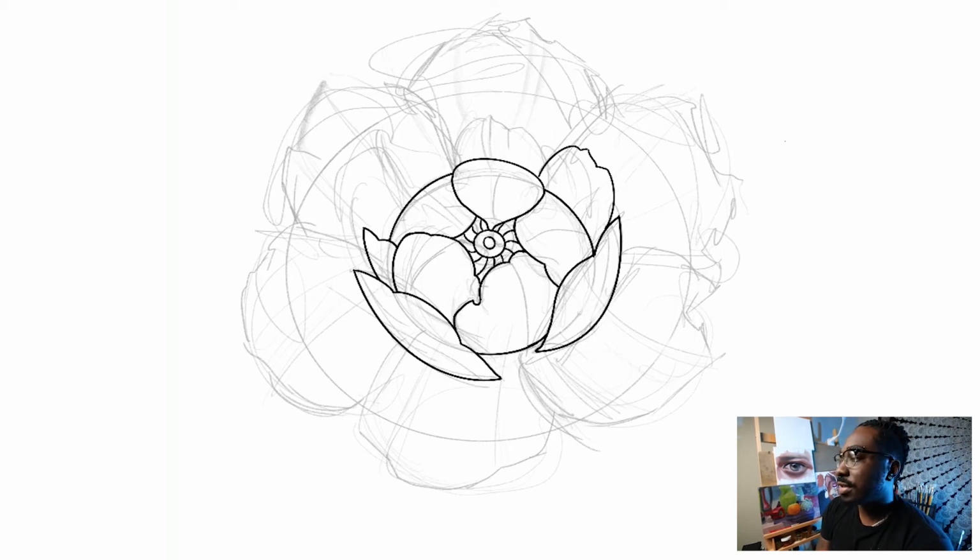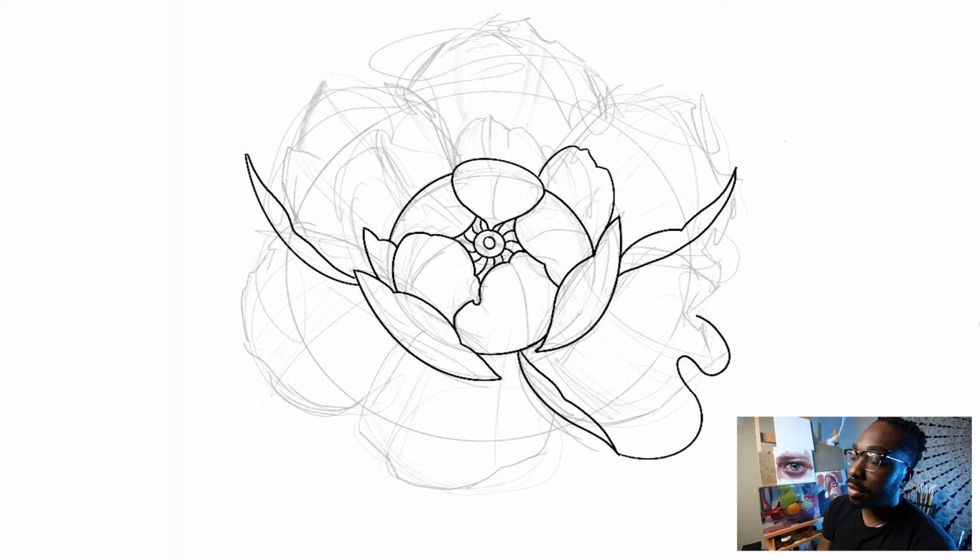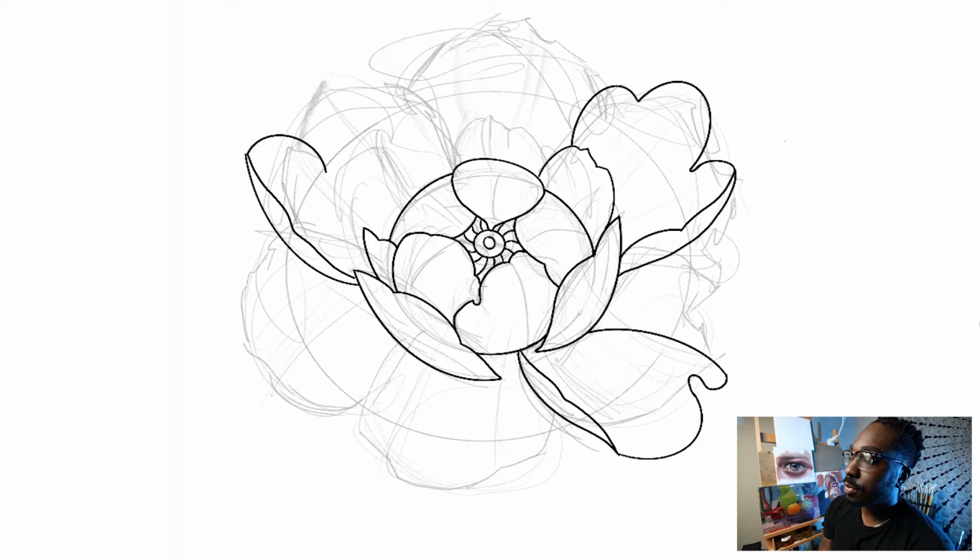As far as the bulb of the peony goes, if you look at peonies in nature, the inner petals of the bulb, the ones that aren't fully developed, are usually more rounded and not so broken, so I try to keep those pretty smooth. And as the flower opens up, as you move from the center of the flower out towards the outer edges,